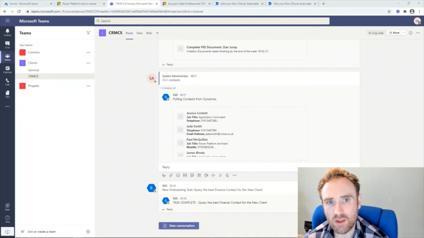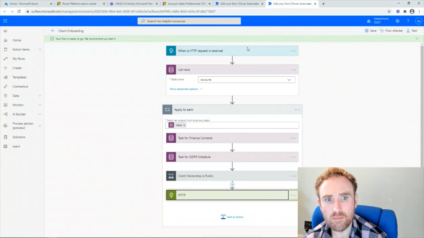So now we have a bot that can launch various kinds of business logic by triggering flows in Power Automate. But it's fundamentally reactive. We ask it to do something and it goes away and does it. So one thing we're going to want to cover as we finish here is how we can make the bot more proactive. How can we make it do things and go back into our Teams, as much as Teams calling out to something else? And to look at that, we're going to jump back into our flow for our client